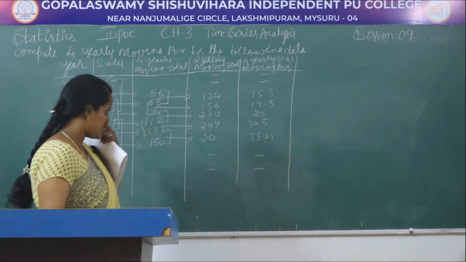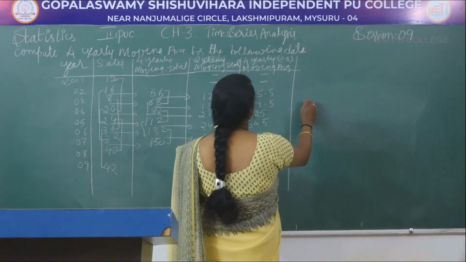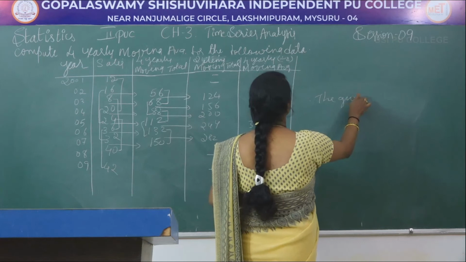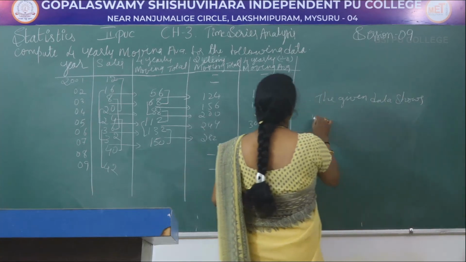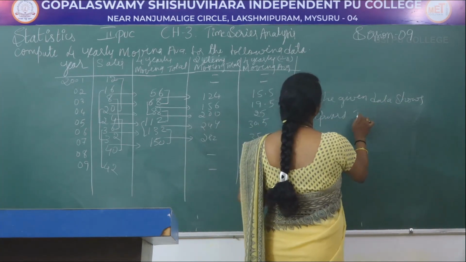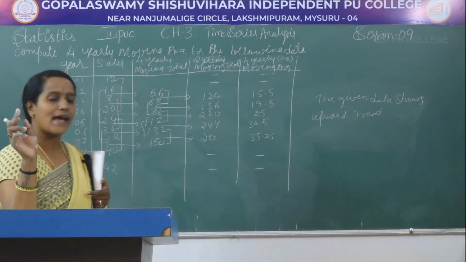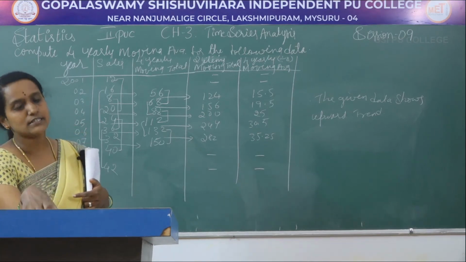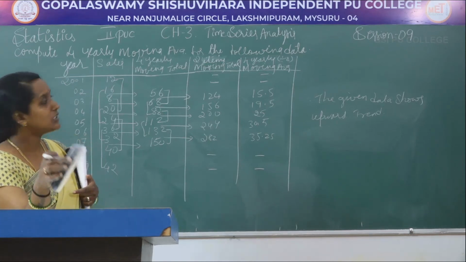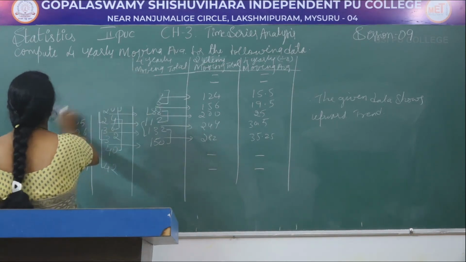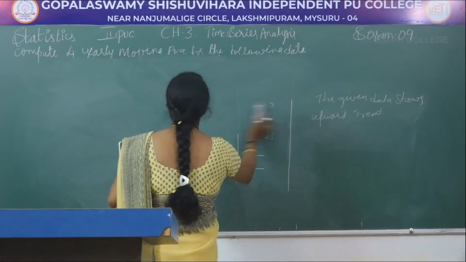Again, you just observe the average values. It is increasing. It's showing increasing in sales. Therefore, the given data shows upward trend. See, for 4-yearly moving average, position as well as the comment part, both will carry marks. Sometimes the comment will carry marks, sometimes position will also carry marks. So be careful. Okay. Let's solve another problem on the same topic, and this will be your last problem.